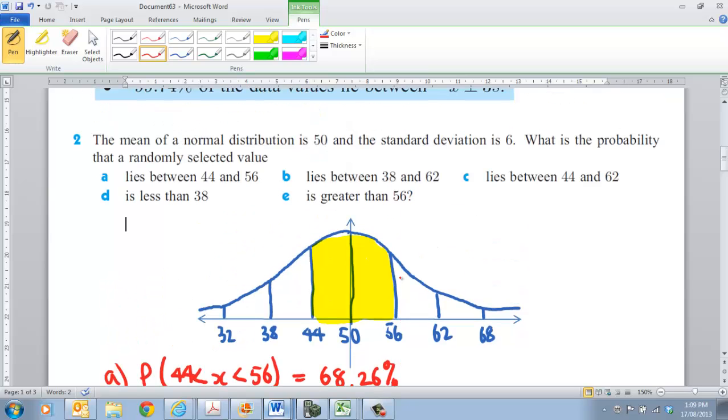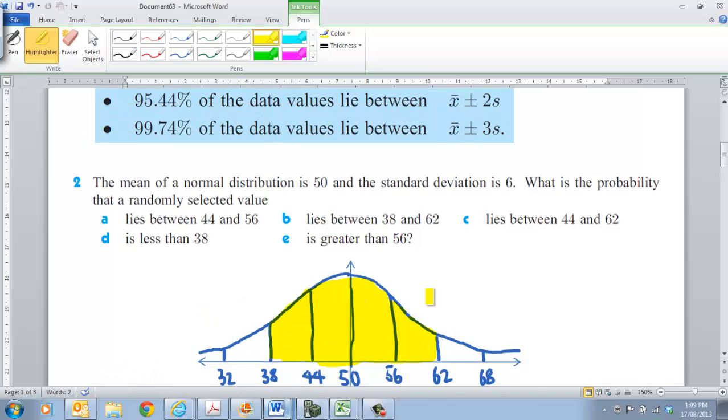Alright, so we extend that on to the next part, part B. What's the probability it lies between 38 and 62? Well, I can just extend my thing over here. So I'm looking at the area now for this region. Okay, and so therefore we're looking at 2 standard deviations for that. Alright, so you get the idea? So 2 standard deviations we know in terms of our diagram, that's